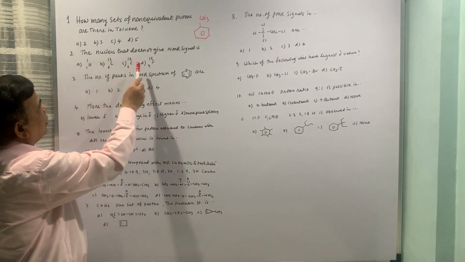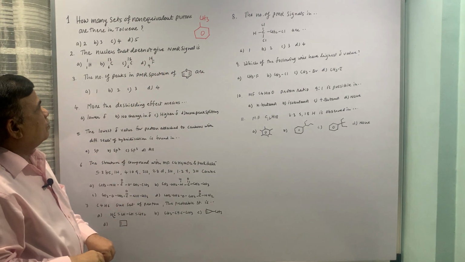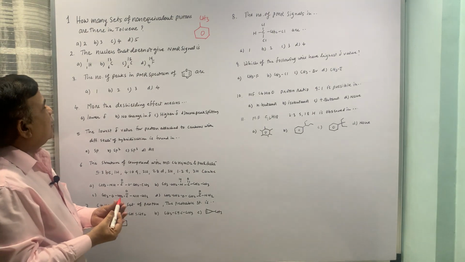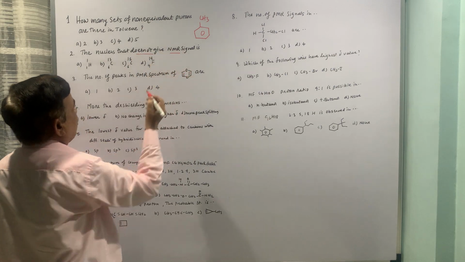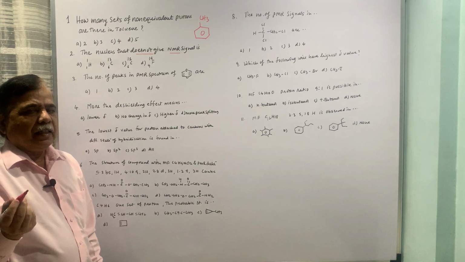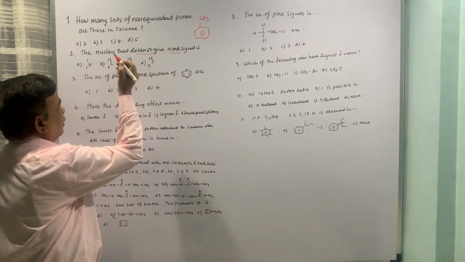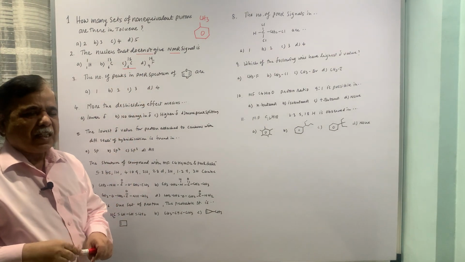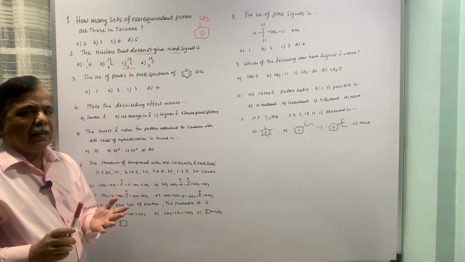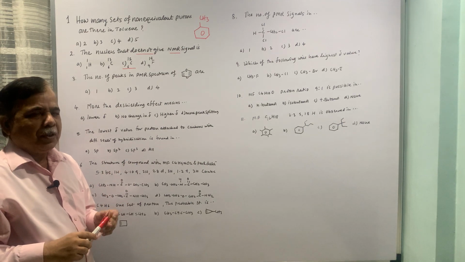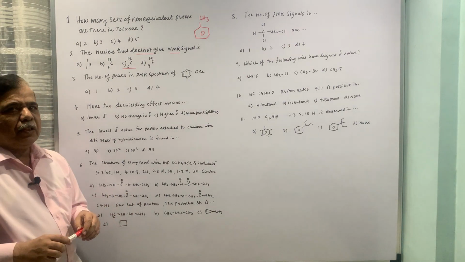The nucleus that doesn't give a proton NMR signal, or rather an NMR signal, is one that does not give a signal, which means it should be magnetically inactive, I is equal to 0. That is possible in carbon-12, where atomic number and atomic mass are both even. In that case, the molecule is supposed to be NMR inactive. Okay. Now moving on to question number 3.